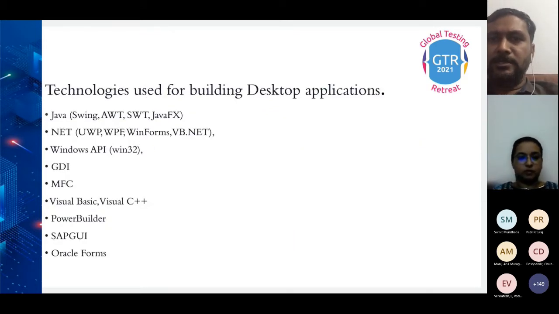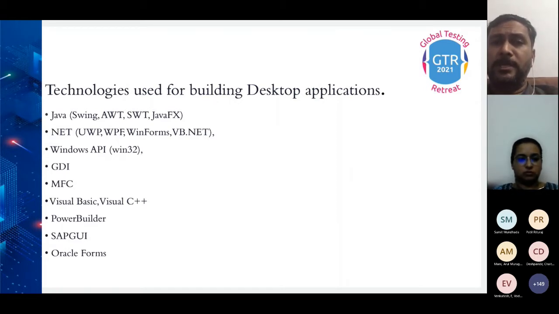These are the technologies wherein desktop applications have been built. As you can see, within Java there are Swing, AWT or SWT, and also JavaFX. Predominantly, as you know, .NET plays a role wherein you will have Windows Forms, UWP or WPF based technologies.